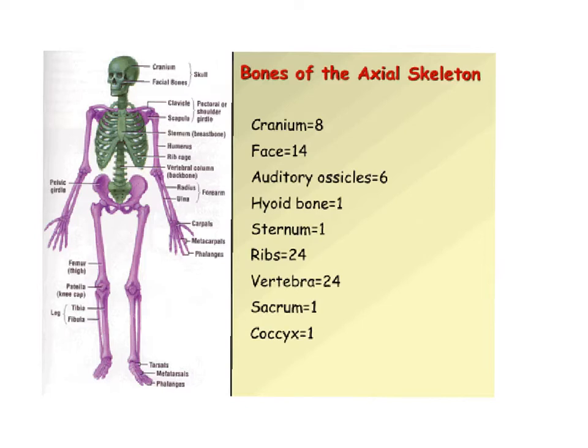you. Oh, I'm sorry, not purple, green. What am I talking about? The axial bones are labeled here in green. The appendicular bones are labeled in purple. So we're going to explore both the bones of the axial skeleton and the appendicular skeleton for the remainder of